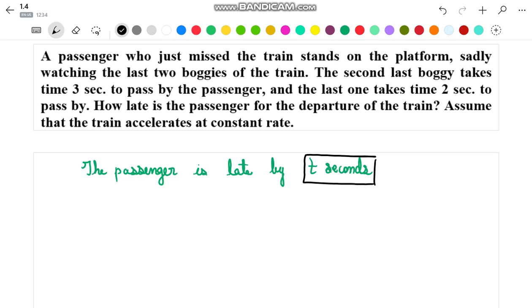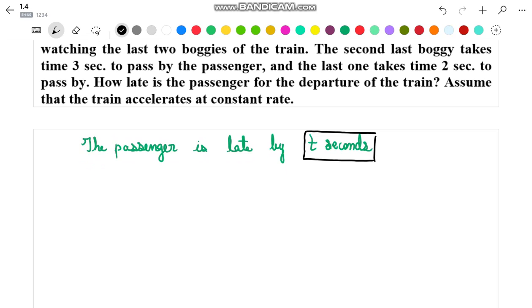So now if the person is late for the departure by t seconds, we can say that the train was already in motion for t seconds. So now for the motion of train, I can write the expression as, since the train always starts from rest, so I can write initial velocity of the train will be 0, and assuming constant acceleration of train to be equal to a, since the train is already in motion for t seconds, let us find the velocity of the train at an instant when the passenger just arrives at the platform.